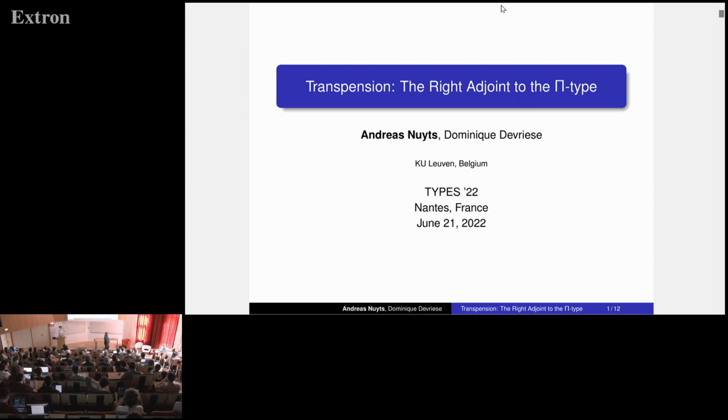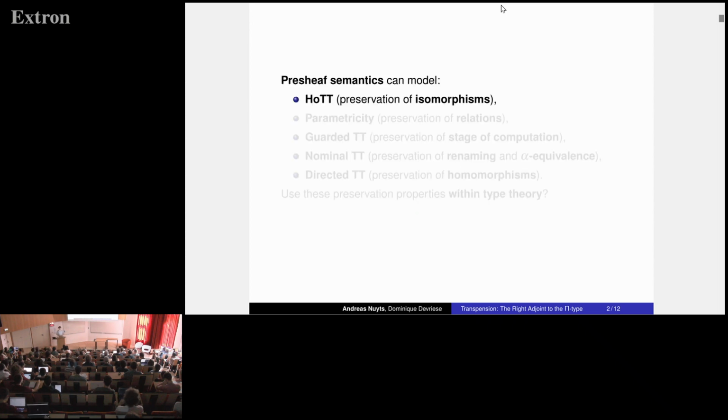Thank you. So indeed, I will be talking about this transpension type, which is a novel type former that is especially relevant to type systems built on presheaf models. But don't worry, you don't need to be super familiar with presheaf categories to follow the main ideas in this talk. So presheaf semantics, presheaf models of type theory, they can model homotopy type theory, which is essentially about preservation